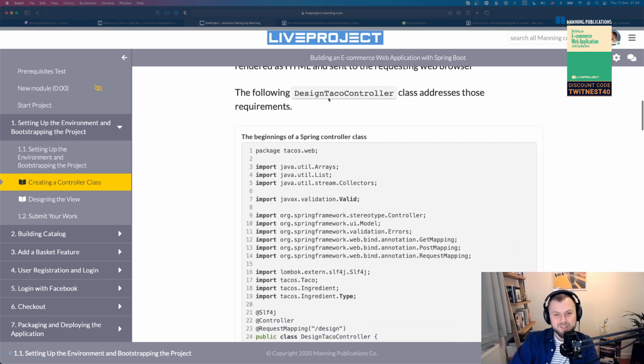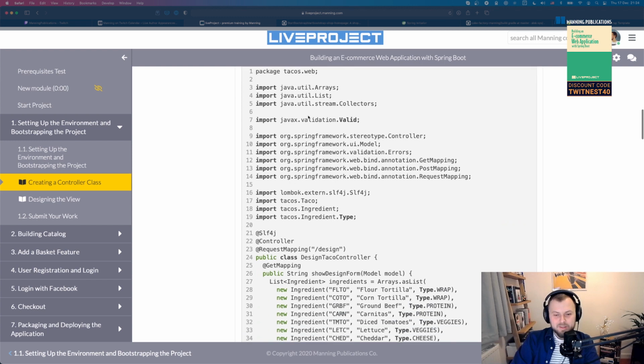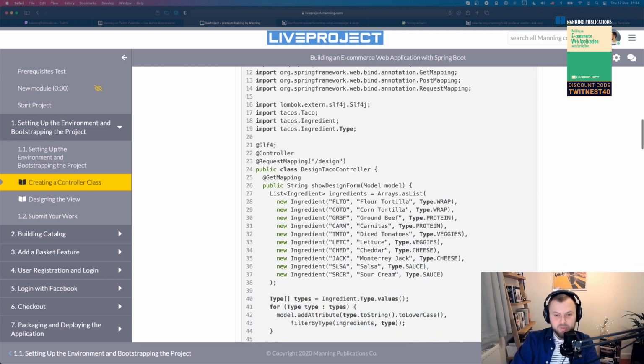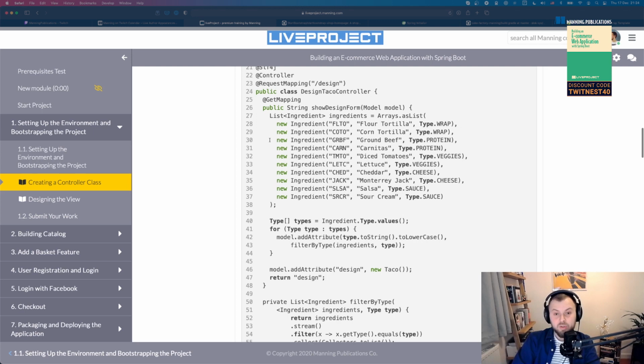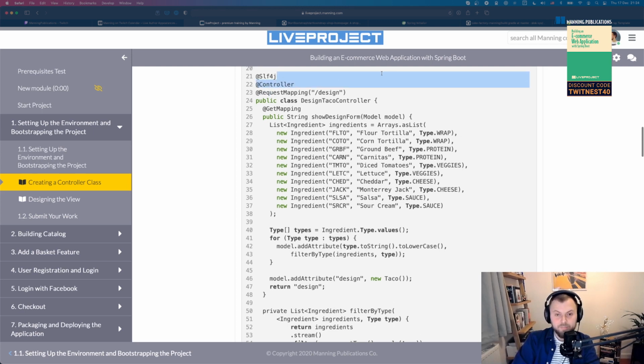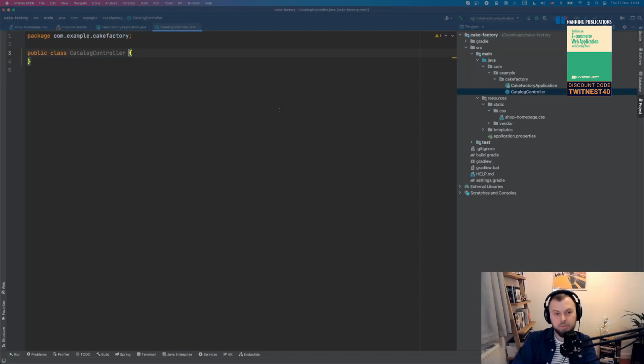And as you can see, there is this TacoController, and that's the best indicator that you're looking at the source code from the book, because I know that probably Craig loved tacos. And this is an example of a controller in the Spring in Action book, but you don't really need to copy that, right? So we don't need all of that now. We're working on something very basic, very simple. But you can get some inspiration. You can actually see, okay, he's using a request mapping and get mapping. That's probably what I need to do as well.